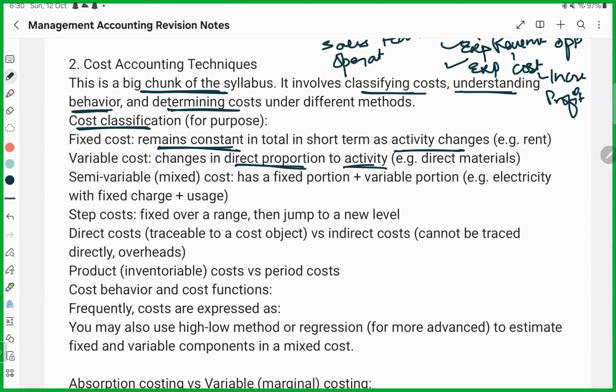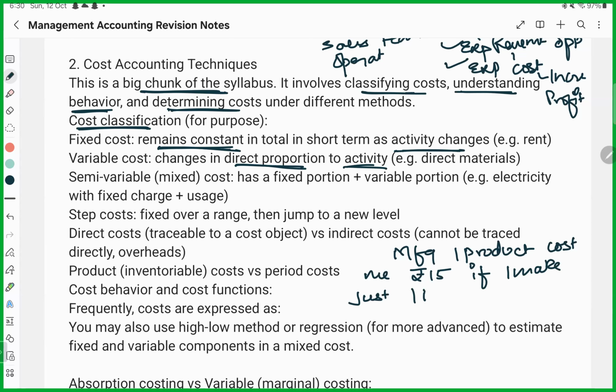Manufacturing one product costs me, say in total, rupees 15. So if I make just one product, my cost would be